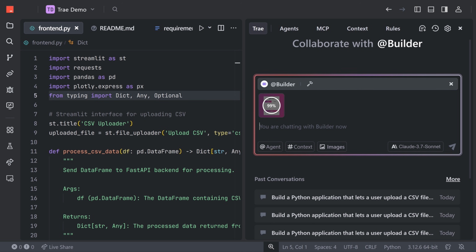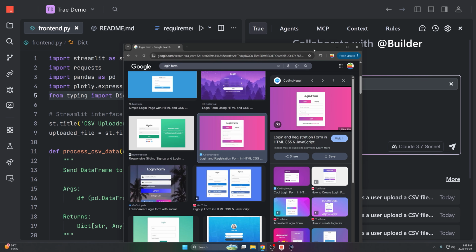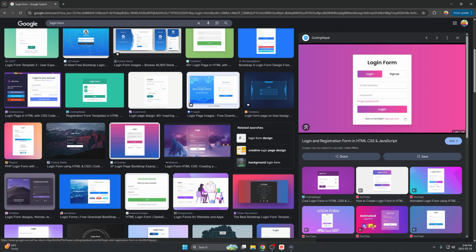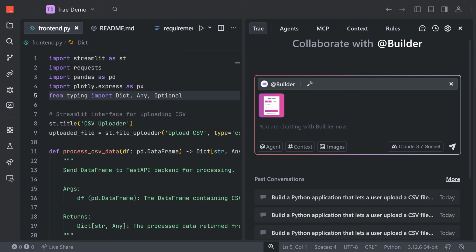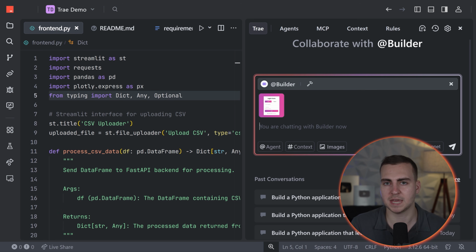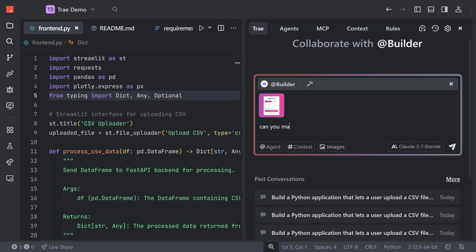I'm gonna paste in an image. I'll just open it up here in my window. I just picked a random login form just to show you how this works. So if you want, for example, to make a UI that looks like an image, you can do that. So I can say, can you make this in pure JavaScript, HTML, and CSS, please, in